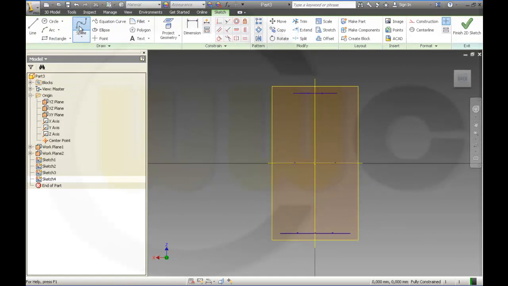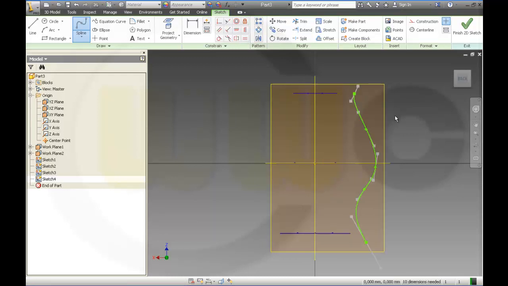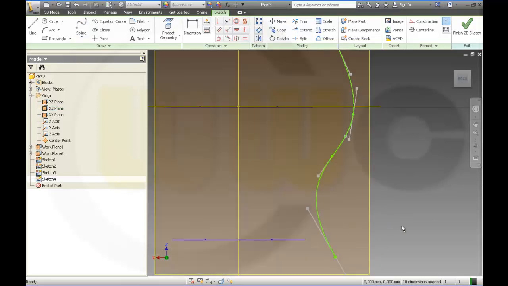Yes, and a spline which goes something like that. Yes. I should create it, of course. Yep. And